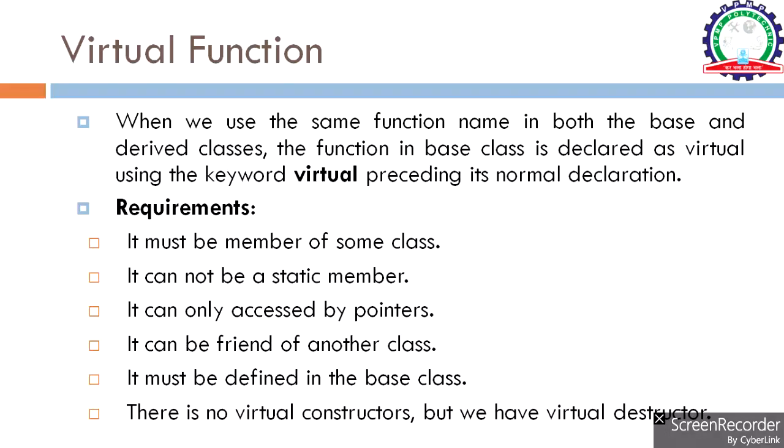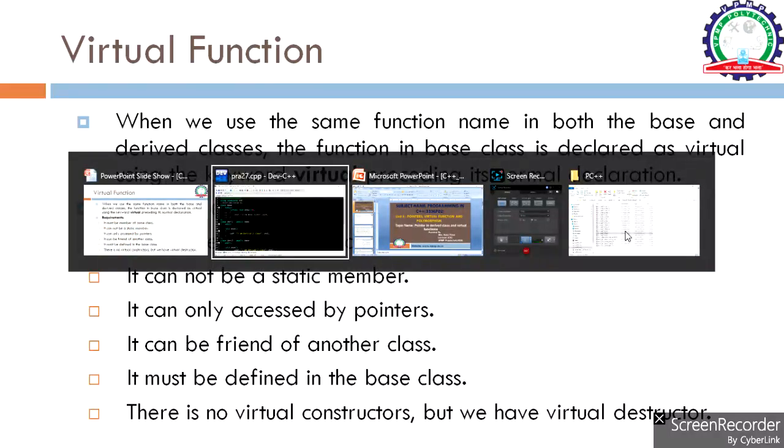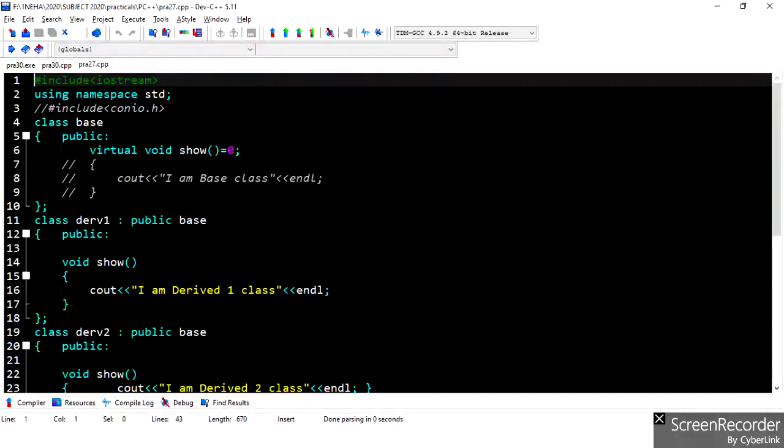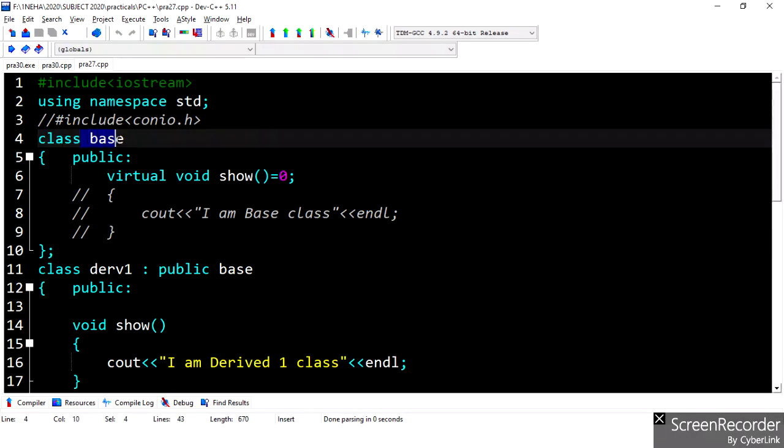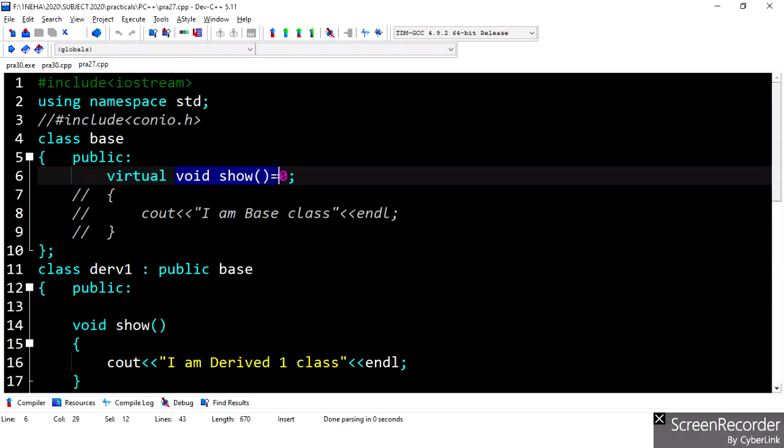So let's see in a program how virtual functions work. Okay friends, this is my program in which I have one base class with its member function void show.